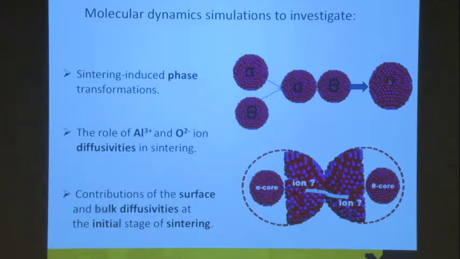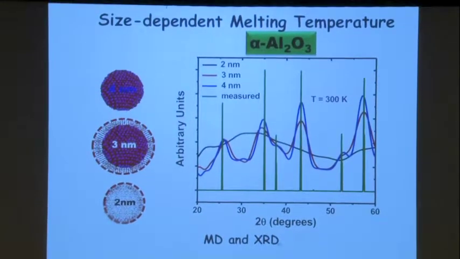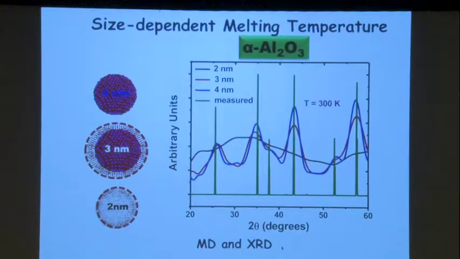With molecular dynamics simulations, the first thing that we did, before I show you the simulation, is this experimental data. Experimentally, you can use XRD to look at the structures of those nanoparticles in a flame. What they saw here was that depending on the size of the structures, you can have spikes here, or you can have a broader distribution. So you can have more of a crystalline phase in which you have a specific spike, or you can have something broader in which you start seeing this kind of